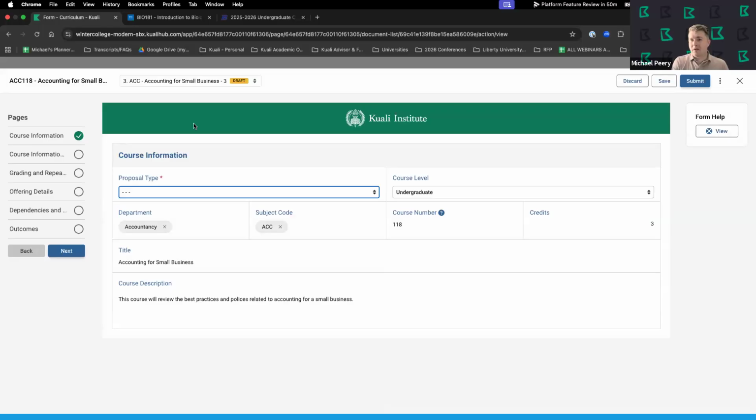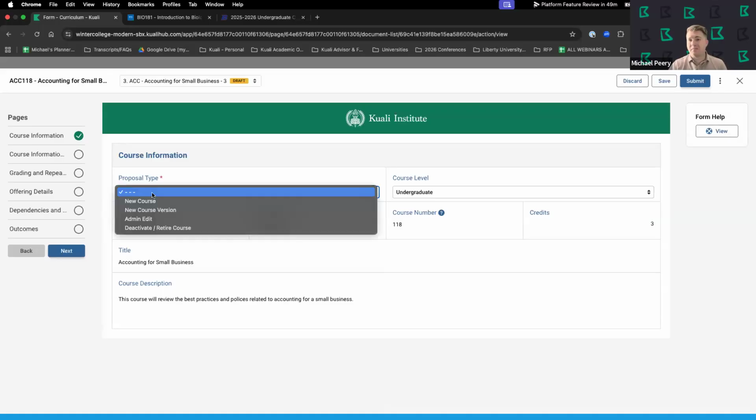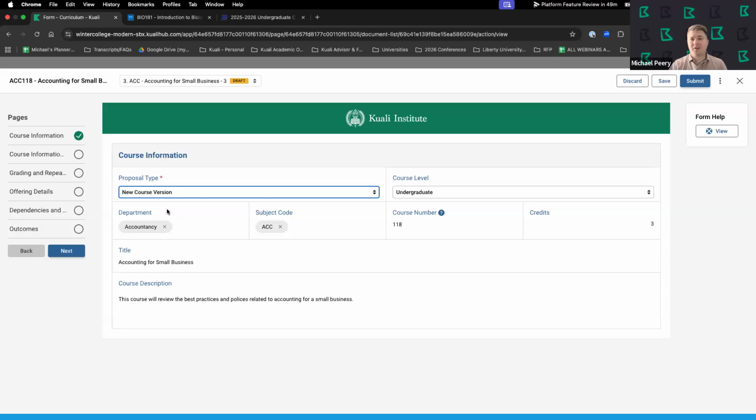Although as an administrator, maybe you don't want to bring in everything and you want the faculty member to make sure that they're filling out the new information that's required for this new version. And so right now I can see that proposal type is empty. And so as that faculty member, I'm going to go ahead and update what type of proposal this is. And this is really important because